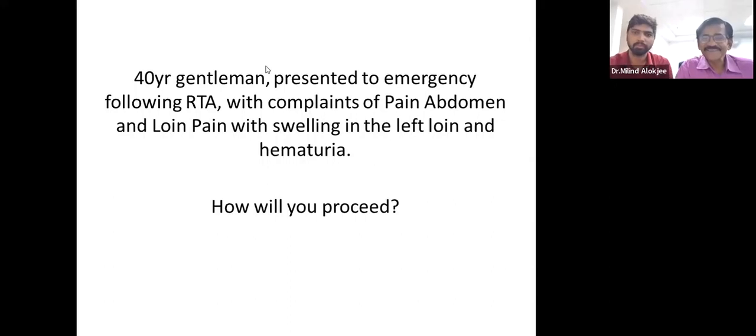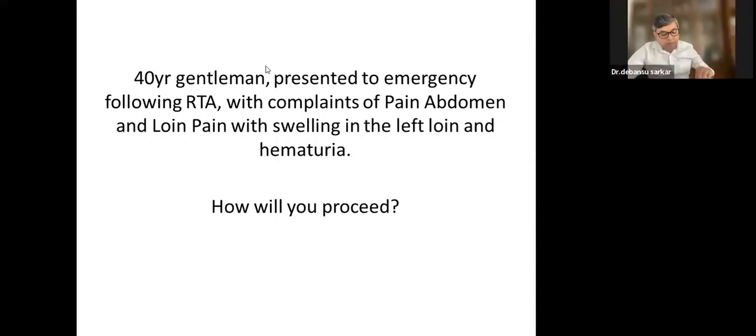Can you see the CT of this patient? No, he's not there. Just a discussion. Okay. So suppose this patient